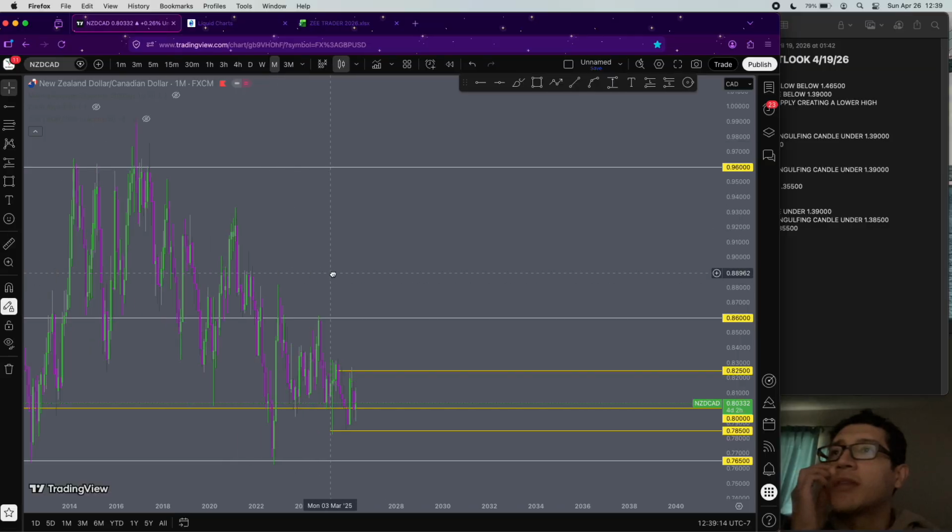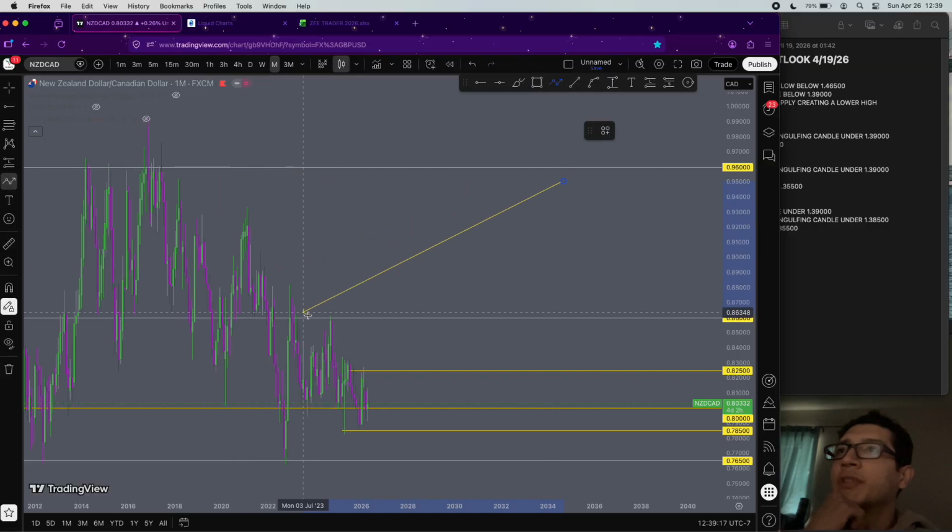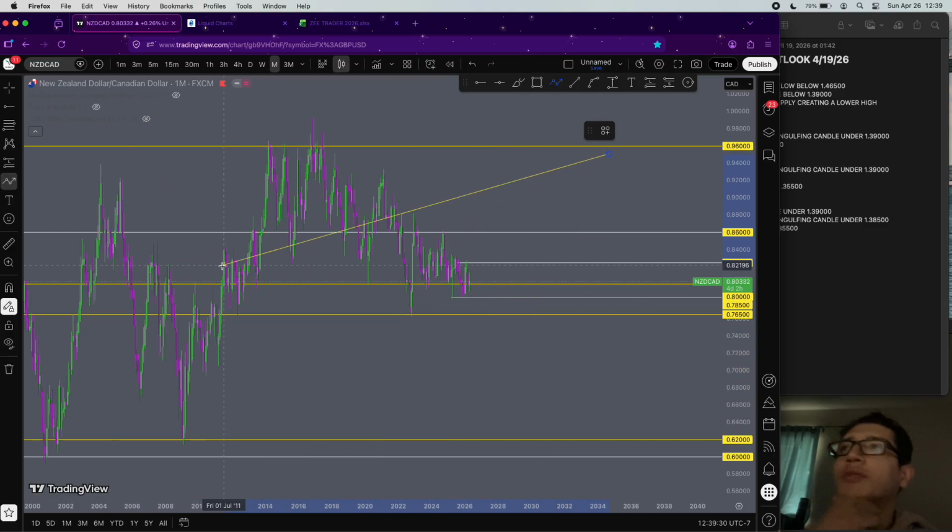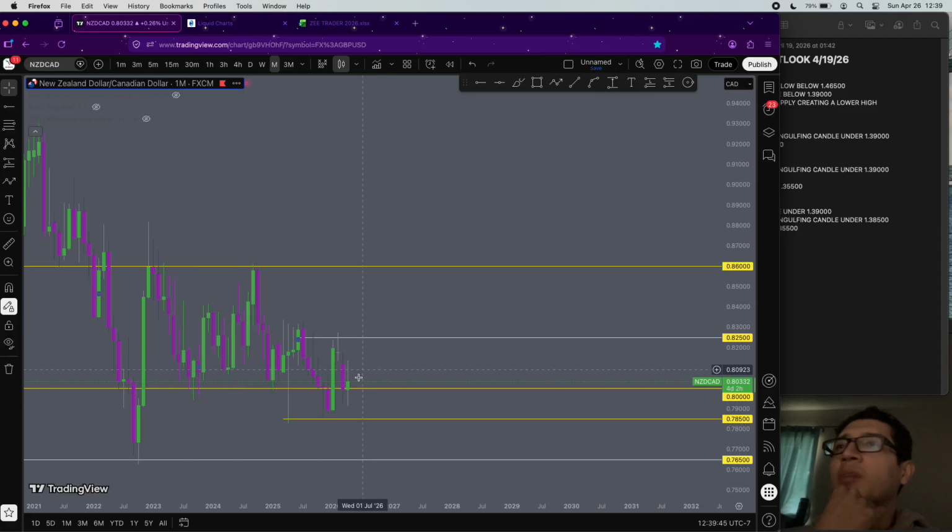So now off of the monthly, you could already see price was bearish, right? It tested 0.76500, and then we had a huge push to the upside, and then we retraced, but we didn't retrace all the way to 0.76500. We retraced to 0.80, which obviously has been a strong previous area of demand, supply below, and it was demand again, and then we respected 0.86, and that got respected as supply, and then it pushed back down to 0.80. And right now price is currently floating in the range between 0.78500 and